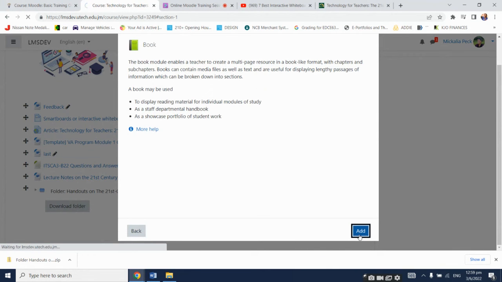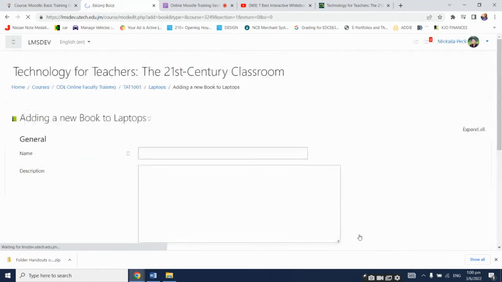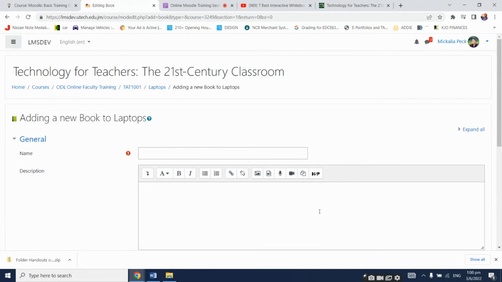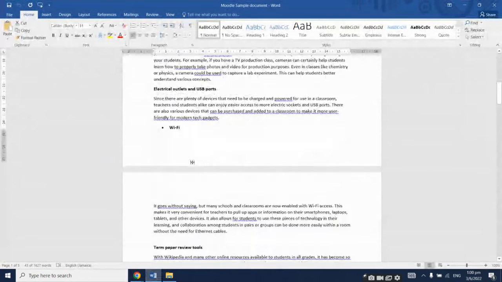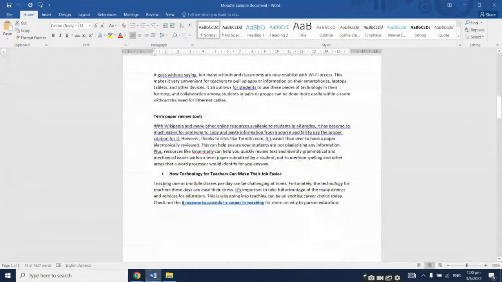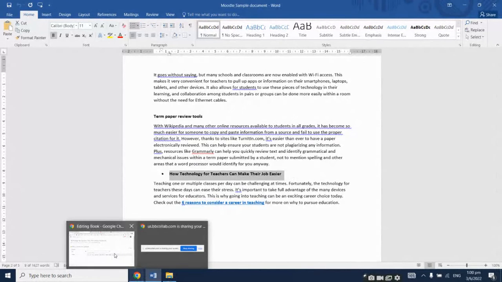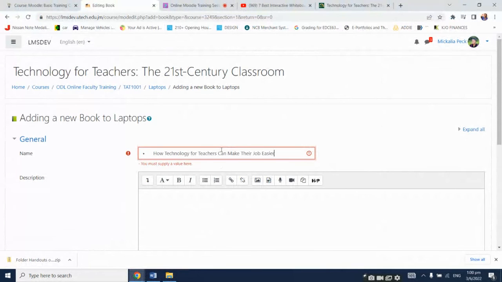We're gonna add that, and we are going to give our book a name. So let's grab from our little documents here. Okay, so this is gonna be how technology can make teachers' jobs easier. We're gonna Control V,